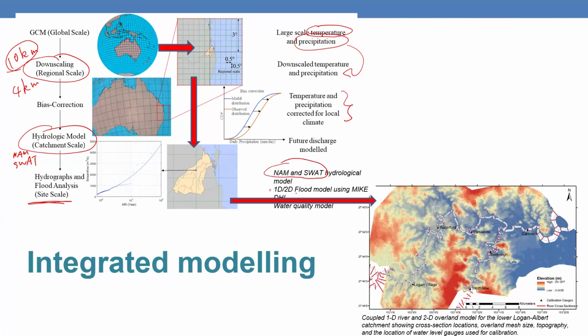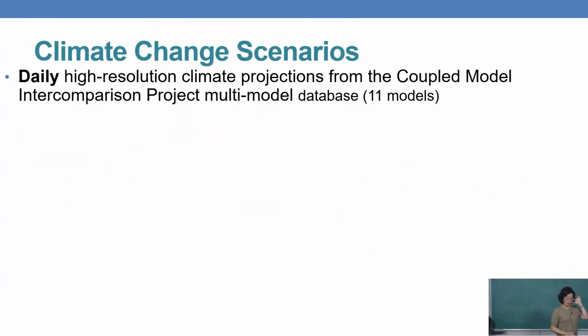Then we come to our 1D and 2D coupled micro flooding model. That's the whole area we are doing over here. And then is the water quality. So that's the whole thing. We integrated together. But that's for the modeling part. Of course, we have all those measurements as well. And when we are doing the climate scenario, we use a daily high-resolution climate projection